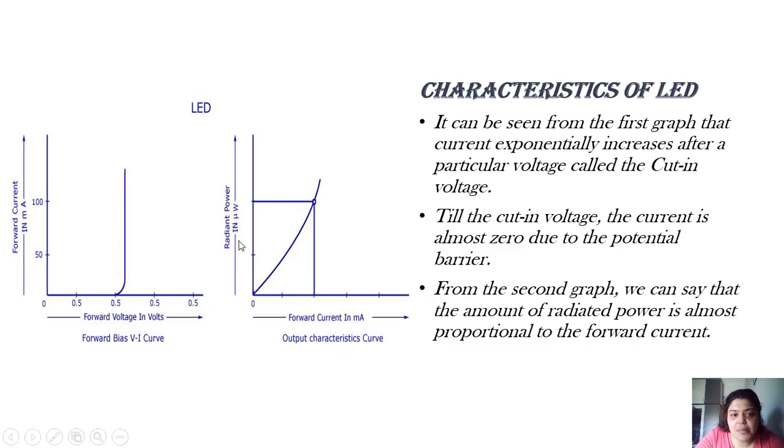Now we'll also discuss a small graph wherein we have related the radiated power. What does radiated power mean? Radiated power means you are getting light, that is an additional form of energy. So that energy, the power which is emitted, is also related to current. You can see almost a linear graph. It is not exactly linear, because an exactly linear graph would be an ideal condition that is practically not possible, but you can see that it is almost proportional to the forward current. While doing the practical also, you had observed that if the current is increasing, brightness is also increasing. That means the radiated power increases with the forward current.